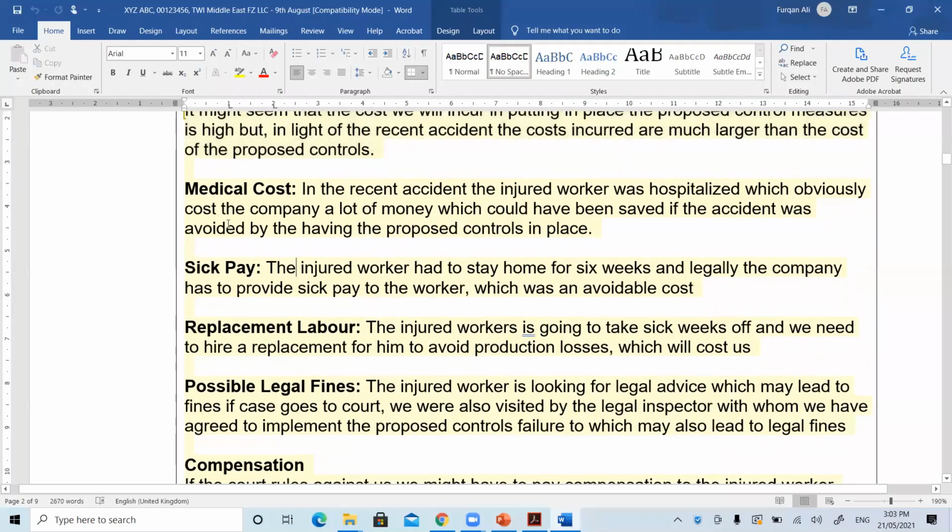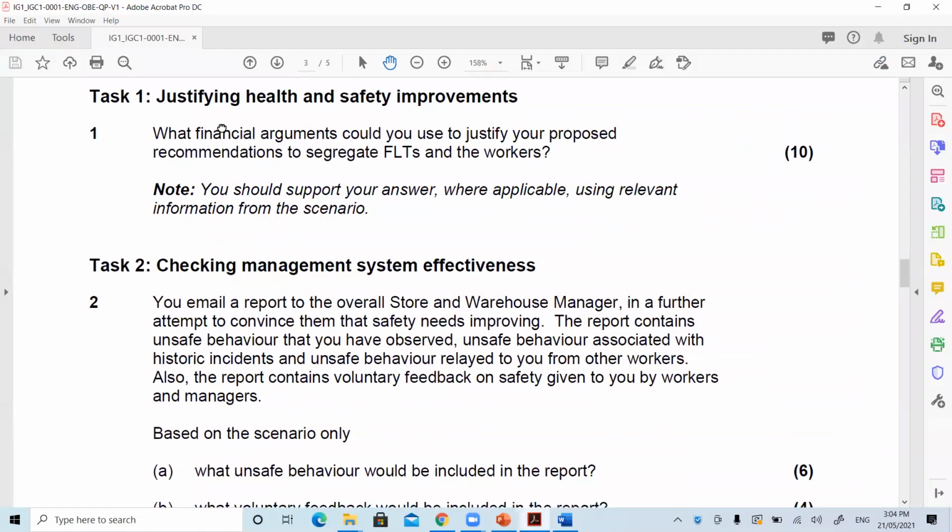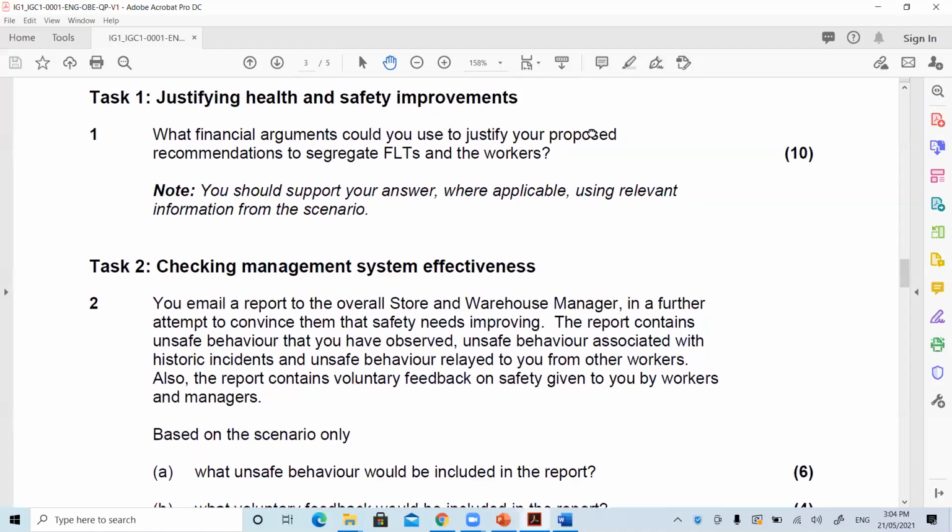Now, what arguments are given? The first financial argument given is regarding medical cost. As we know, in the recent accident, the injured worker was hospitalized, which obviously cost the company a lot of money, which could have been saved if the accident was avoided by having the proposed controls in place. So let's read the question again. The question is, what financial arguments you could use to justify your proposed